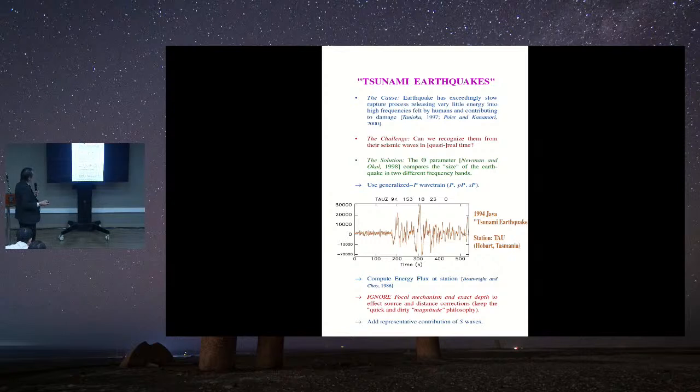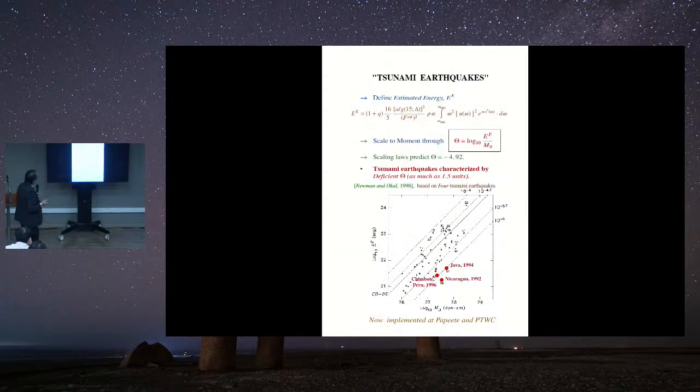And so maybe we can compute the energy which is released in these P waves and compare it to the seismic moment. And this was an idea which went back to Boatwright and Choy in the 80s, and which I developed later in the 90s by systematically computing the radiated energy. This is a log plot, by the way, radiated energy as a function of seismic moment. And you see that the 3 tsunami earthquakes that we had at the time, they plot definitely towards the bottom here. This is the mainstream events,